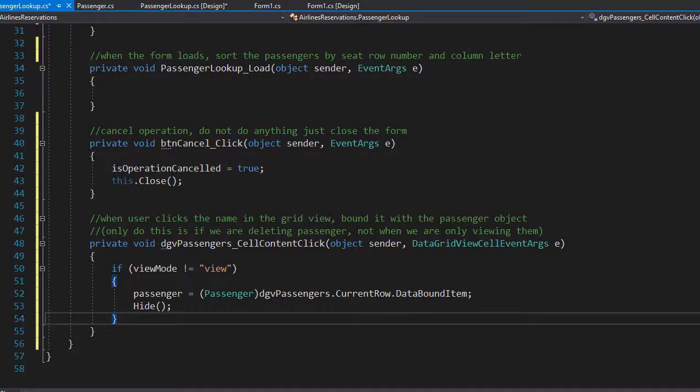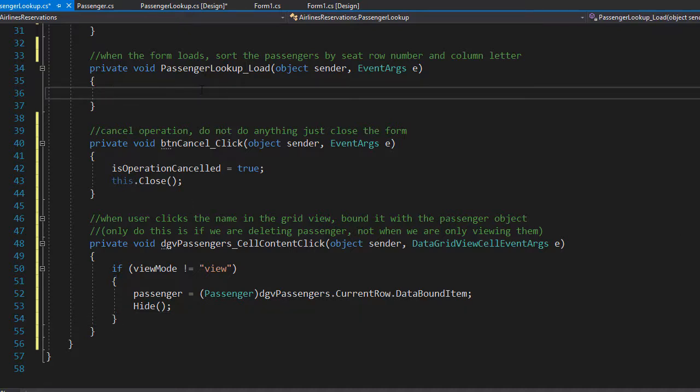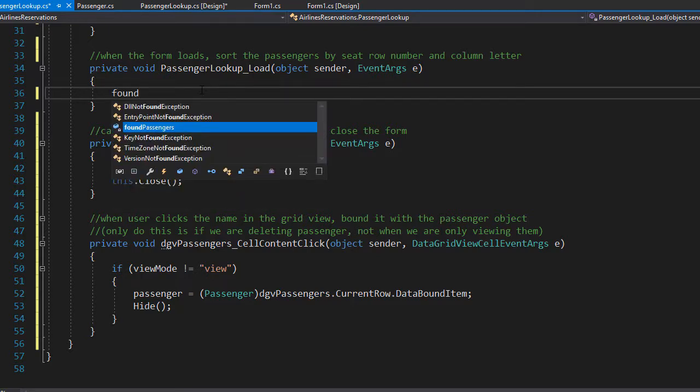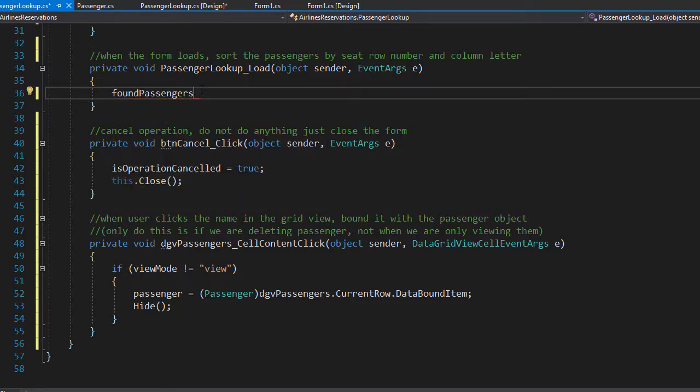So when the form loads, we simply want to display the passengers based on their seating and not alphabetically based on their names. So we can rearrange the found passengers list based on the column and the row using a lambda expression with order by clauses. So in our load event, I'm going to work with the found passengers list,